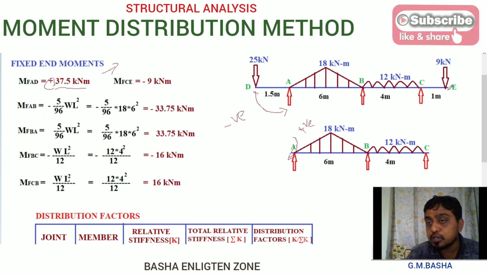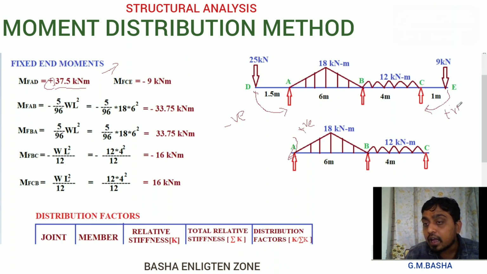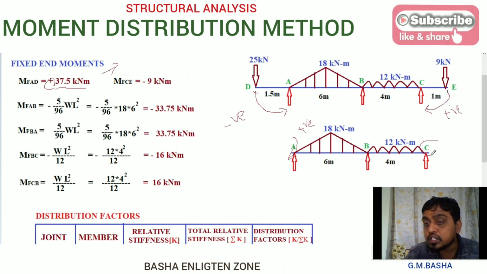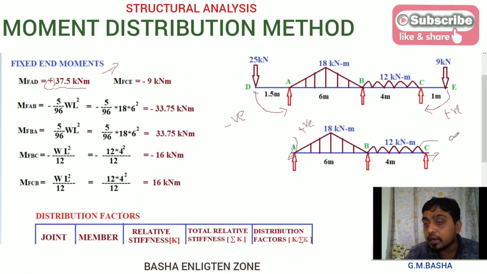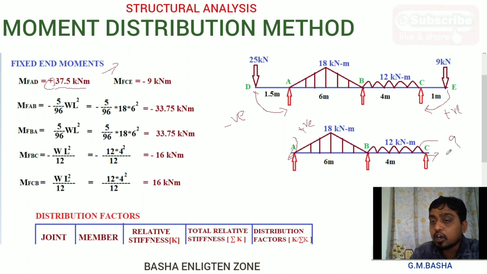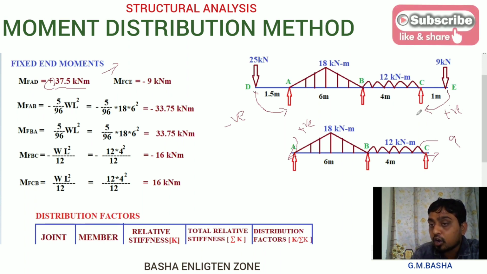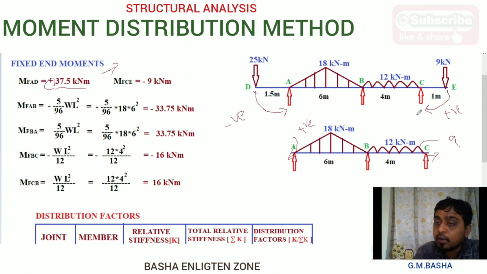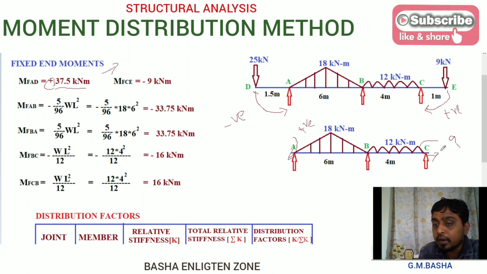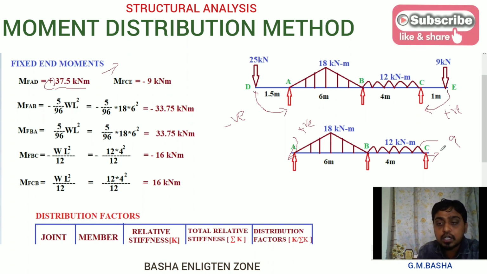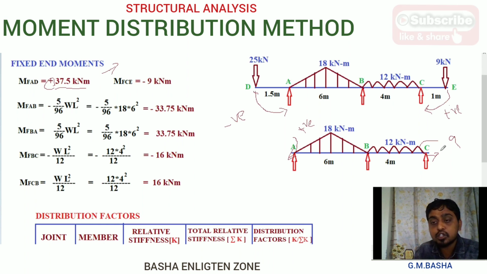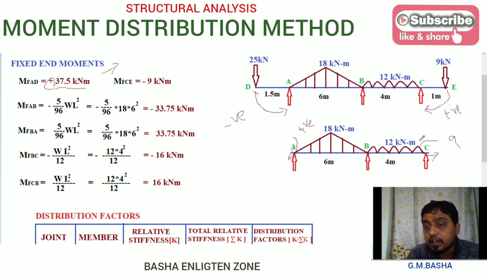In the same way, if you observe clearly, here this force acting towards C in the form of positive, means clockwise. Then what I am taking here, I am taking the same moment with opposite value, which is minus 9, means anti-clockwise 9 kilonewton meter. Why I am taking minus anti-clockwise moment here, means here it will be acting clockwise. So I am taking the correcting moment as negative moment, which is called balancing moment. So the same concept, at the overhanging position moments are in the balanced position, which is called balancing moment. So that is the reason I am taking anti-clockwise.